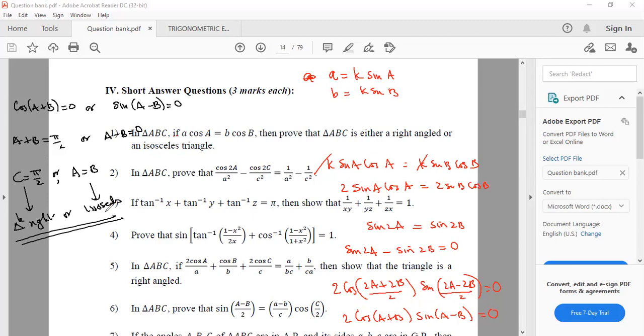Why I did not do cosine rule? Can you tell me what is the reason? It will be very long. I have to get this formula. Look, I should get A minus B into something, which is right angle C. So A square plus B square minus C square equal to 0. Like this I should get from it if I'm using cosine rule. A to square cube, it will become so difficult. You'll be able to do, though not that you cannot do it. Either A is equal to B or A minus B, so it becomes a little bit lengthy. That's why I did it this way.